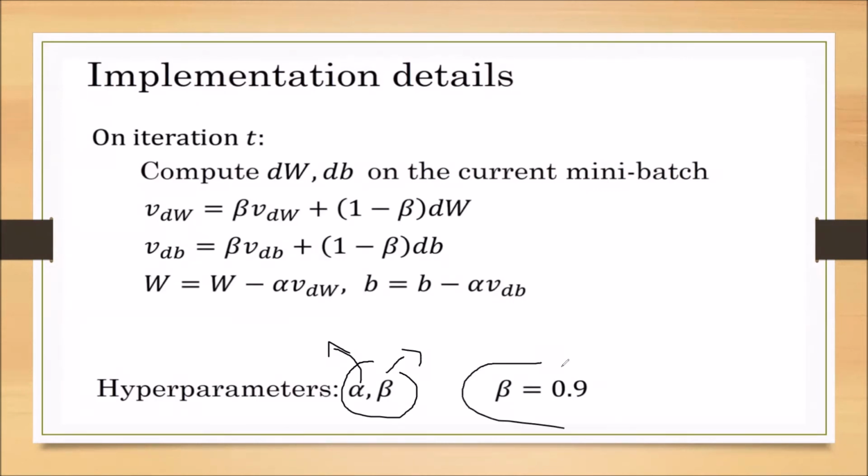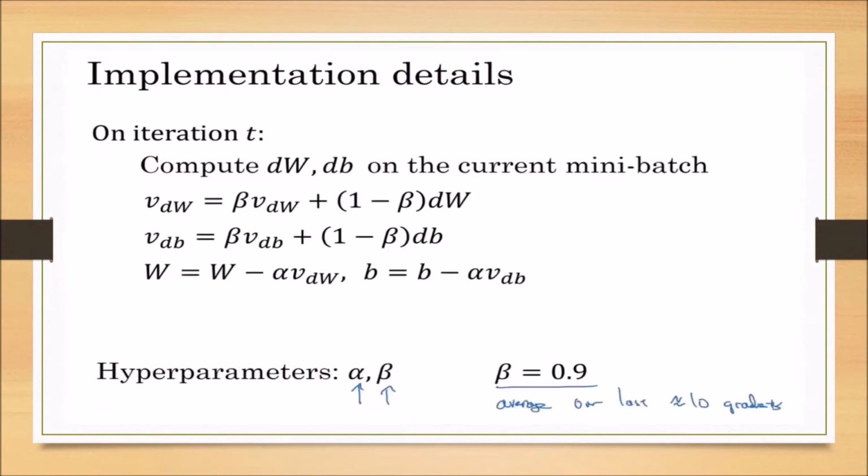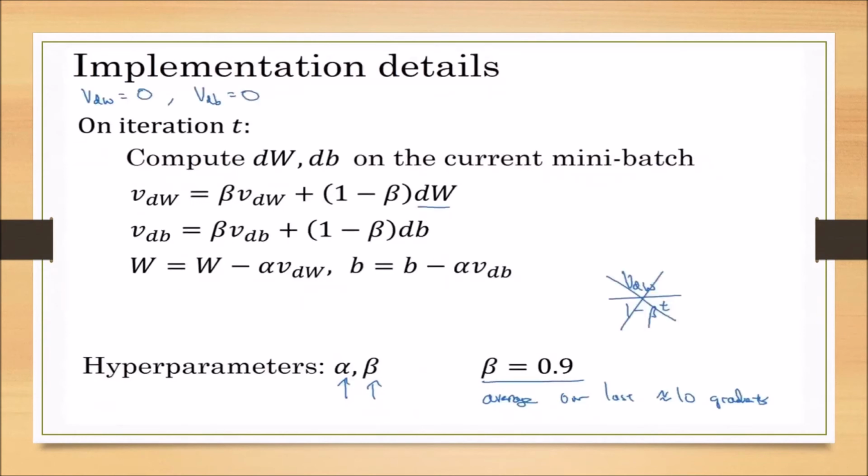We already know alpha is the learning rate, and beta, we discussed yesterday, is the weight. The beta values we have seen are 0.9, 0.98 and 0.2. Generally, we will fix the beta value to 0.9 because we take the average of the last 10 gradients. We are avoiding the bias correction here because we are interested in finding the 10th moving average, so there is no need to use it here.